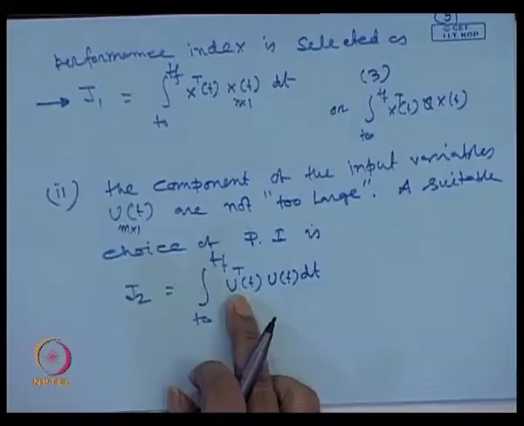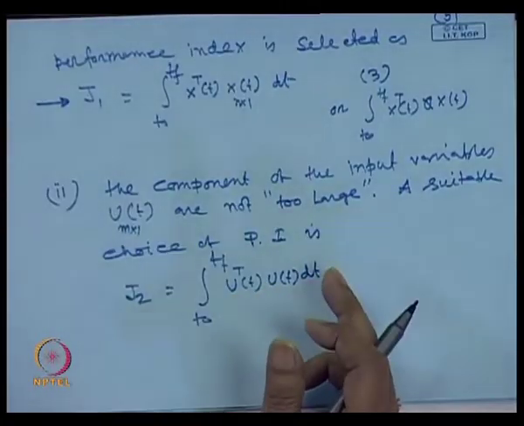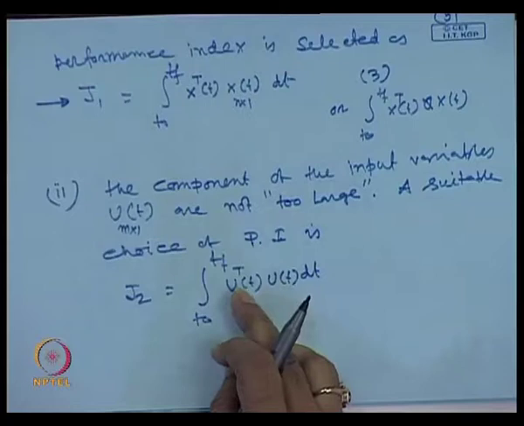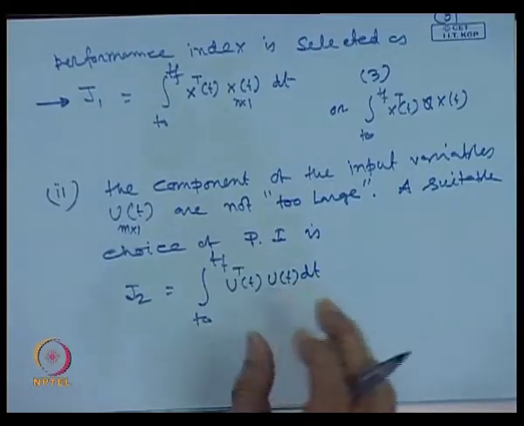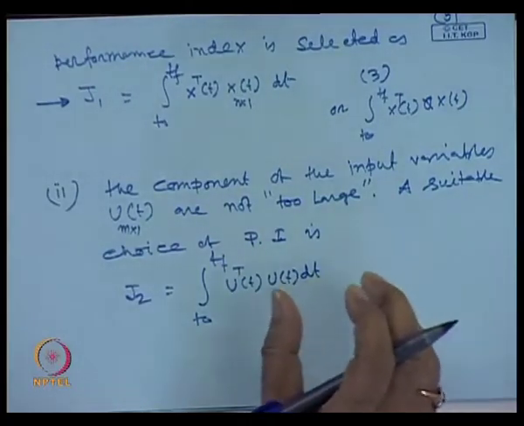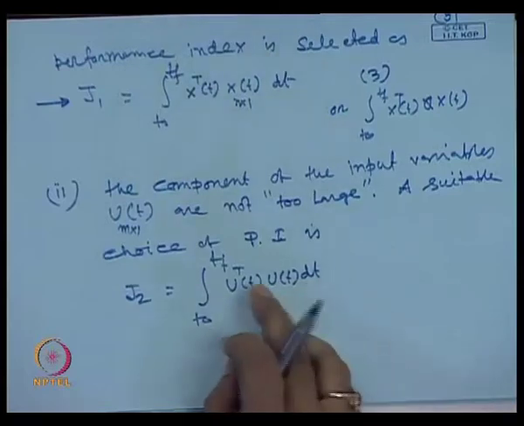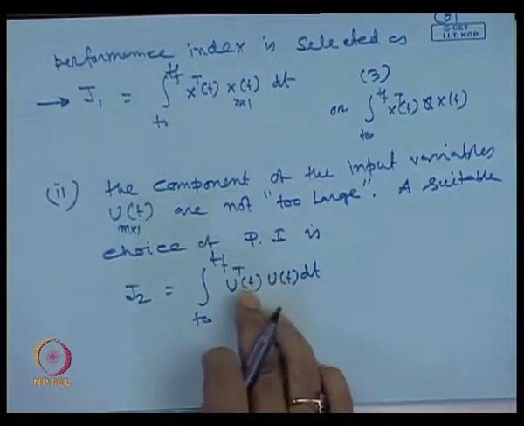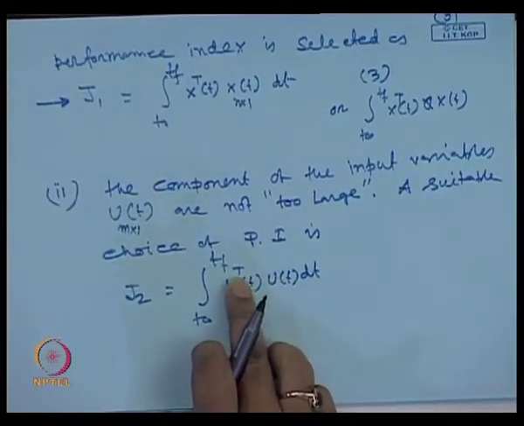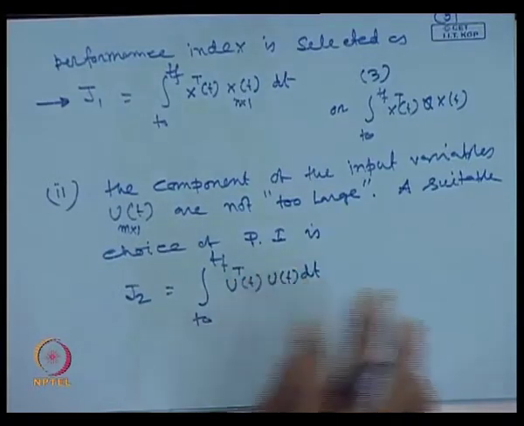In the scalar case it is I squared, which is nothing but energy. So u transpose u indicates the energy or control effort. The physical interpretation is the energy delivered to the system